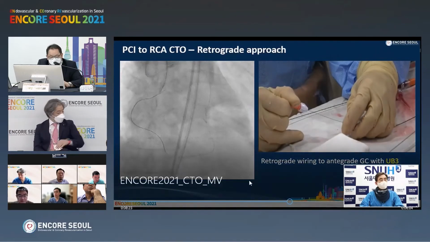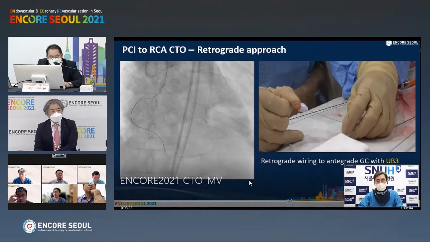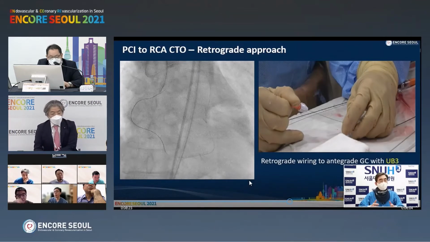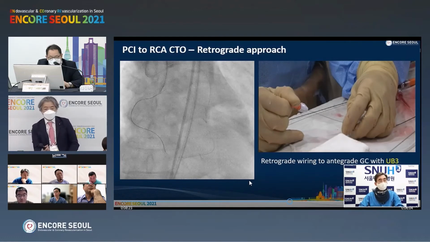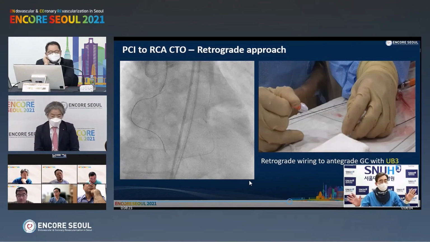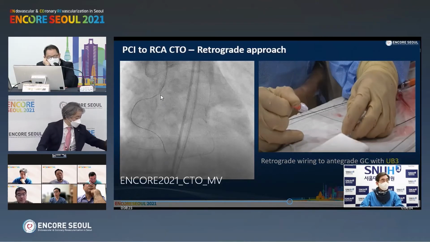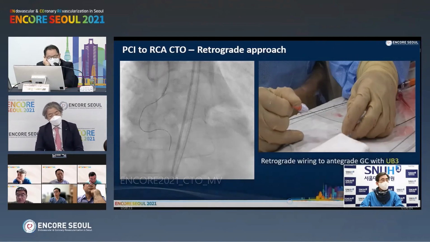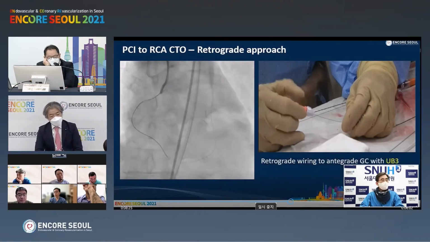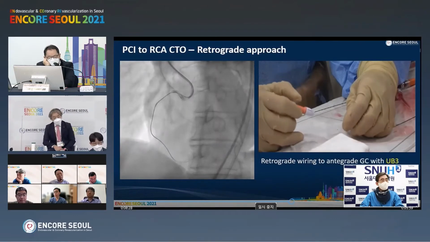Yeah, that is two options. To rapidly change strategy, or to keep one strategy for enough time, but sometimes I rapidly change the strategy if I guess the possibility is very low. But when you see the goal is there, then I focus on this process without any further change of strategy. Okay, we are near the end, so I tried to change the direction of the guiding catheter like this, but